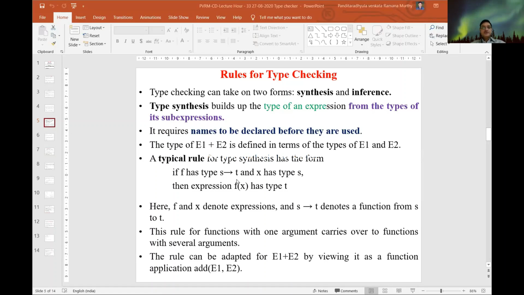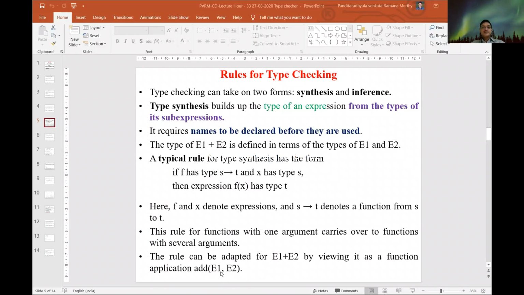F can be, say, add, and the argument X is now the pair E1 comma E2. It identifies the type of this X value.